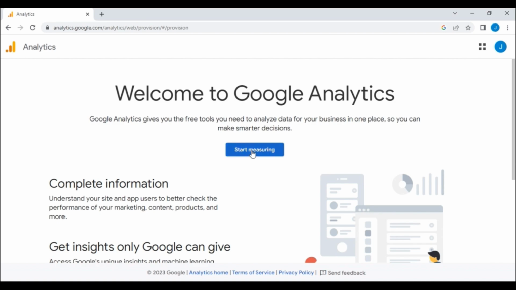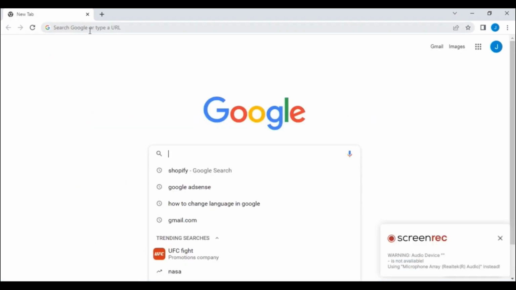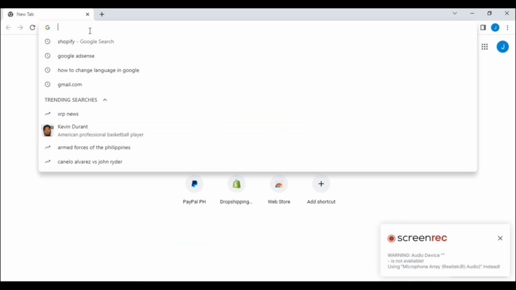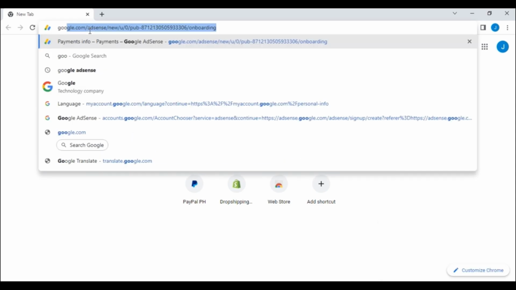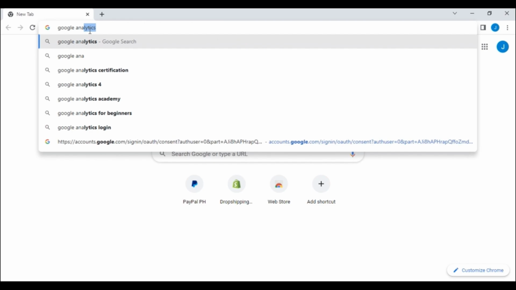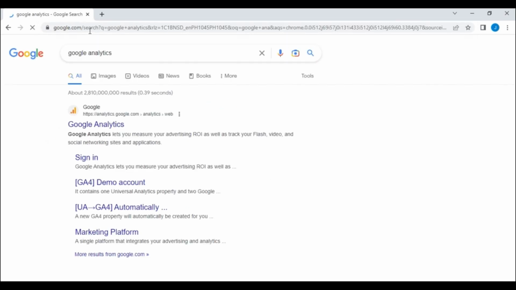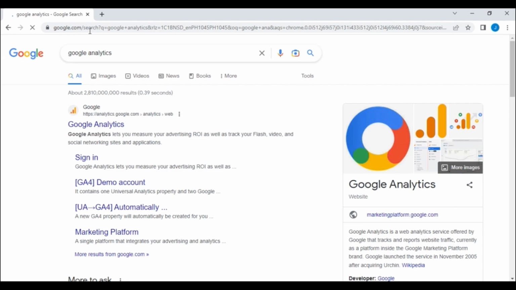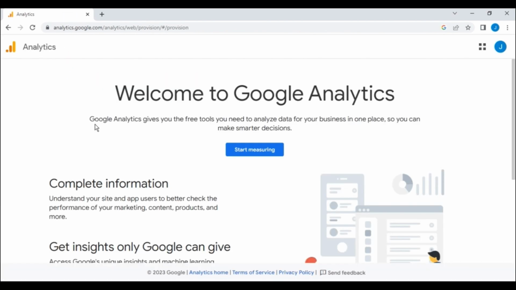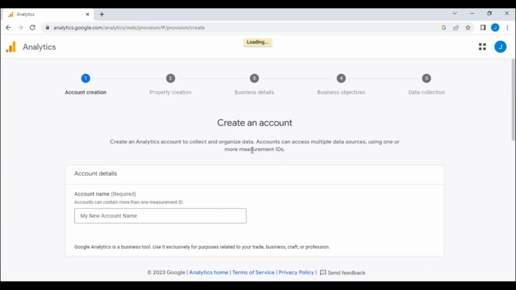Now let's get started with the practical steps of using Google Analytics for conversion optimization. The first step is to set up Google Analytics for your website. Example, imagine you run an online store called Fashionable Finds. To set up Google Analytics, go to analytics.google.com, sign in with your Google account, and create a new account specifically for your website. Or for you to learn more details on how to create a Google Analytics account, you can watch our previous video in our channel. Once your Google Analytics